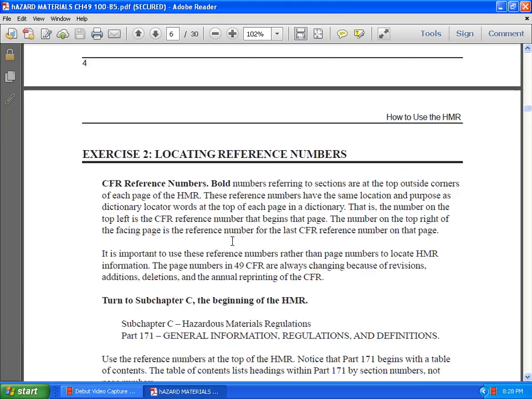Exercise 2, locate the reference numbers. CFR reference numbers, the bold numbers referring to the section, are at the top outside corners of each page of the HMR. The reference numbers serve the same purpose as dictionary locator words at the top of each page in a dictionary. That is the number on the top left of the CFR